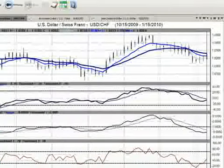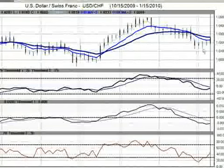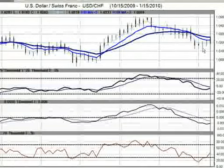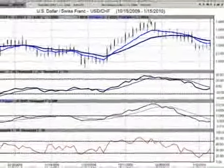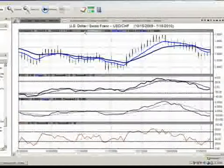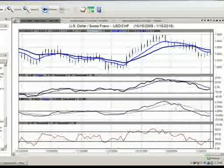Now, going into the US Swiss franc, obviously I've talked about this each week. It just simply is a Euro US trade in reverse. So what we've got here, we look at these candlesticks here, we've got some support down in the 101.60, 101.50 area. We don't quite have a buy signal yet rolling over, but what we do have is we've closed at 102.62. 102.64 is the 18-day predicted moving average from Vantage Point. We've got the predicted